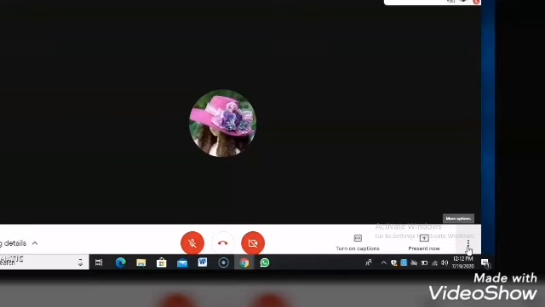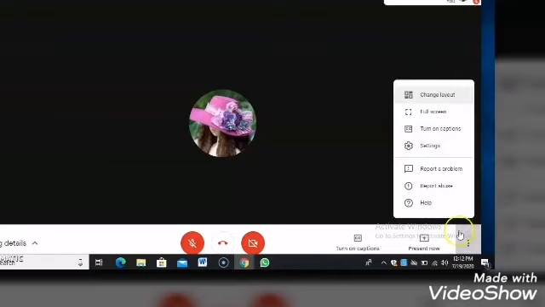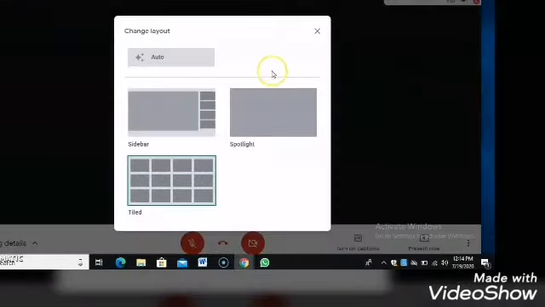Now you come down, there are three buttons or such type of option given. When I click over here, now you can see there is also more given. Very first you can see this is change layout. If I press change layout here, you can select which type of layout you would like for your presentation or for your screen.